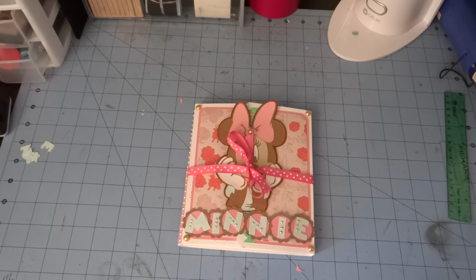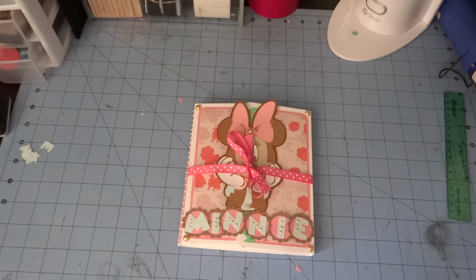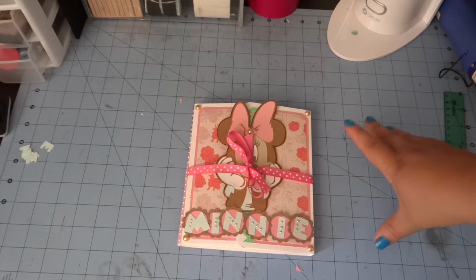So I wanted to show you a mini album that I just got done yesterday. Actually very simple. I think it's a very good gift to give to someone if you're in a hurry. That's just my opinion. Anyways, I don't know what kind of style of mini album it is, but I kind of got an inspiration from a couple of videos here on YouTube, and I think it's called a flip out mini album. I honestly don't know, but anyways, it is